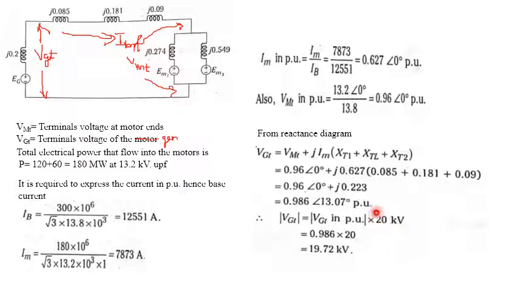So we know the value of the generator voltage across the base value. It is 0.986 working at 20 kV. So we'll get 19.72 kV. So this is the actual value. Okay, suppose if you are loading this with a lagging power factor, the generator terminal voltage will increase. So this is the concept you know from the previous semesters. Okay.